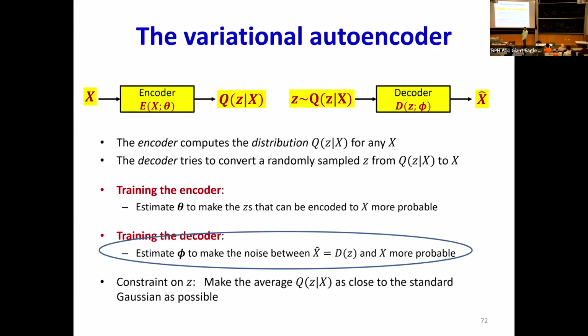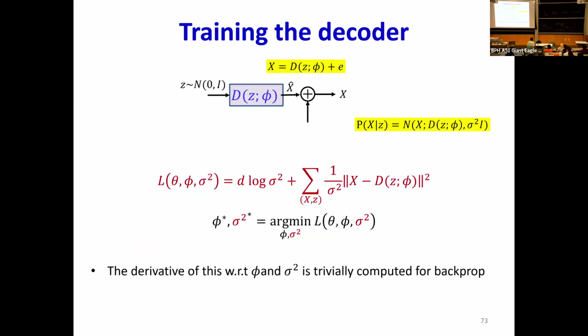The way I do it, this is like a standard regression, right? I pass the z through the decoder, it's going to generate an output, and I'm going to optimize my decoder so that the noise that I must add to account for the error is as small as possible. Or alternately, if I assume some kind of distribution for the noise, I want the mean of the noise to be 0 and the variance to be as small as possible. That's how I make sure that the noise is really small.